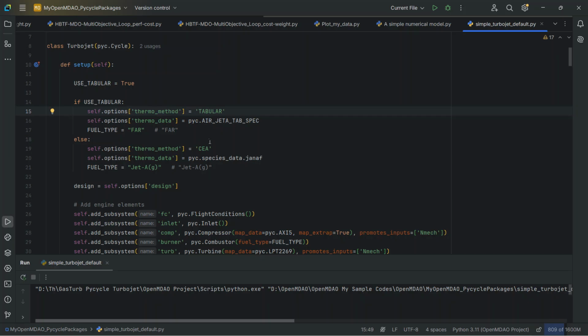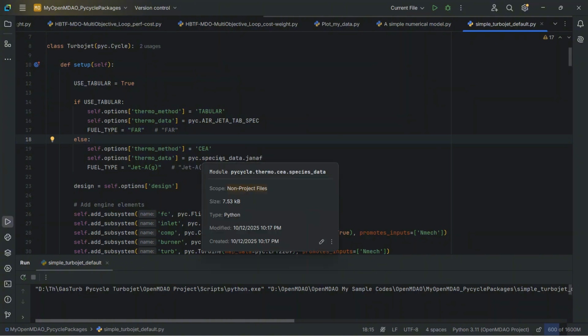Right now, it has these two methods. If you put use_tabular True, you can use the tabular data, which is going to use some pre-calculated data. Whereas when you put the code to run on the CEA method, thermo_method equals CEA, it's going to use NASA's JANAF species data and calculate the